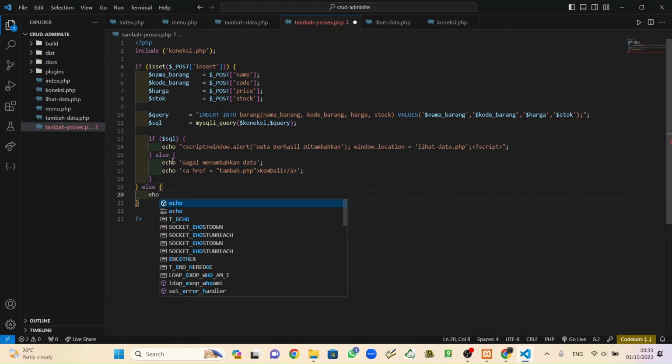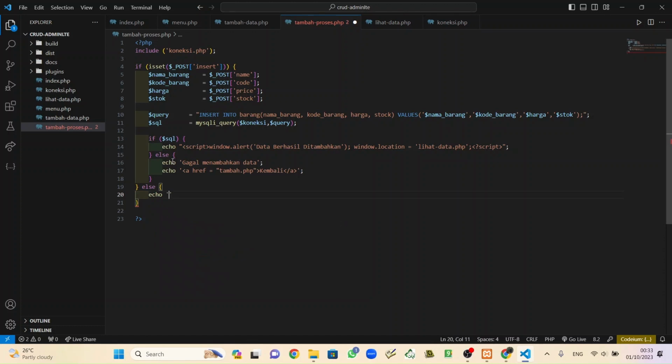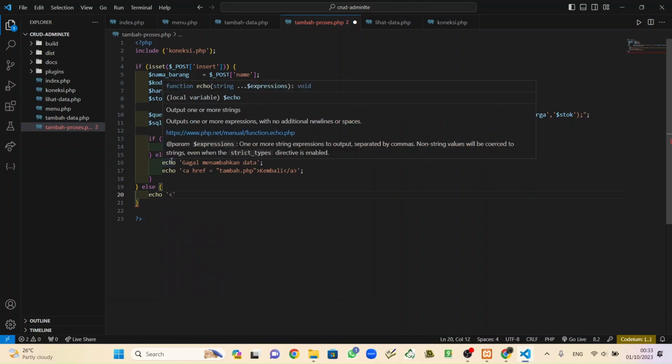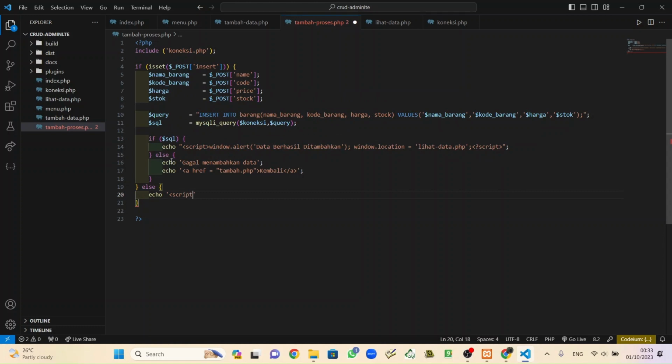Echo script window location index.php. Okay.